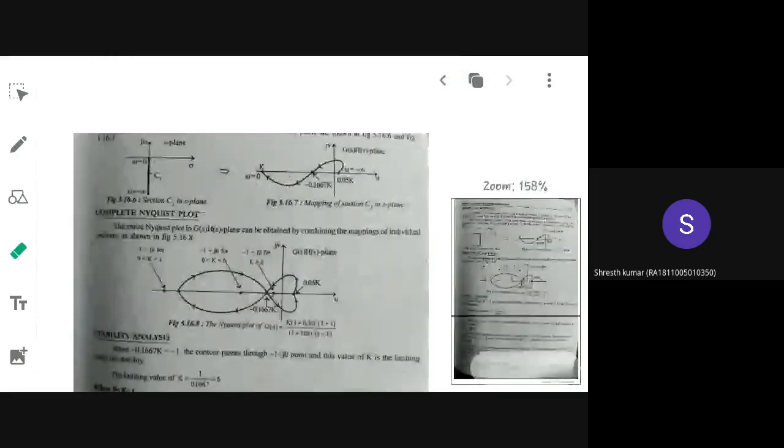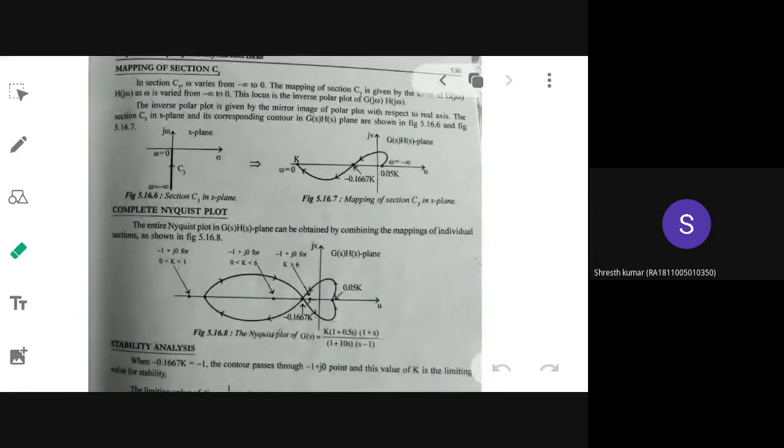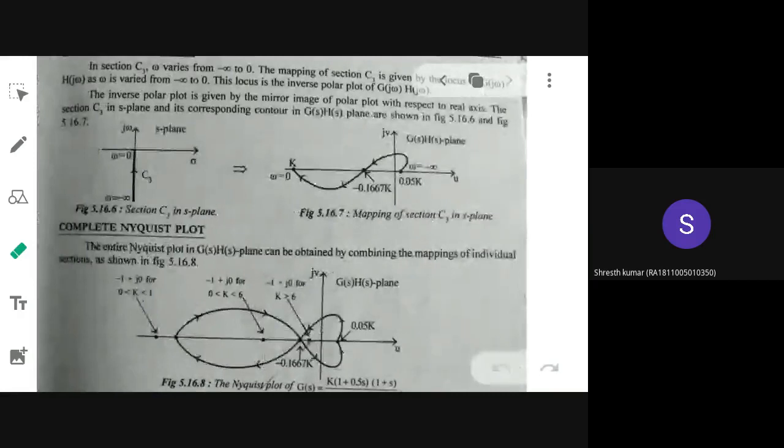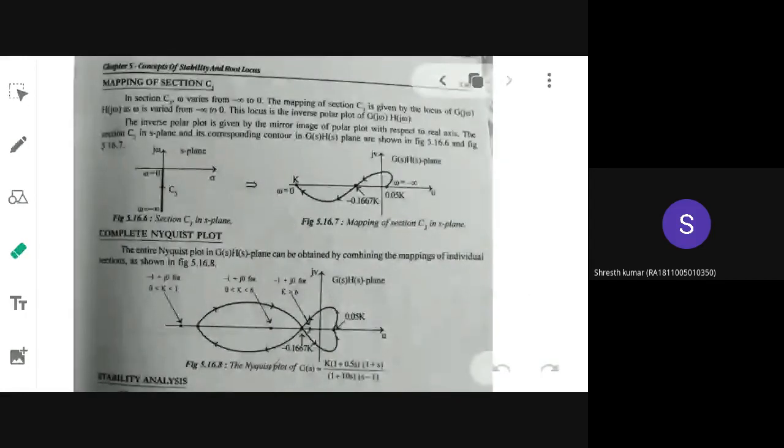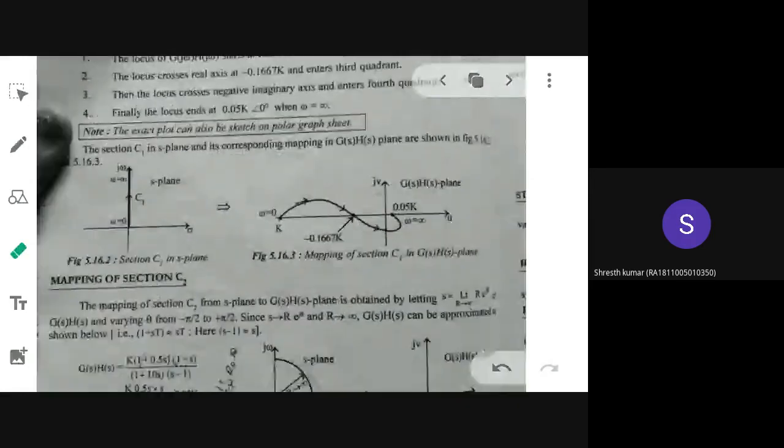Next, for the last segment, as I already told you, it is exactly a line segment resembling the earlier line segment that we discussed, but only it is on the negative imaginary axis. So the map, if you draw it, will be a mirror image only. This is the original plot, and the mirror image will be quite opposite, like this. This completes the entire Nyquist plot.